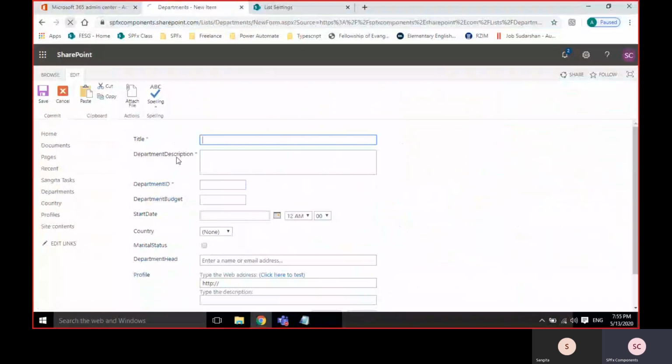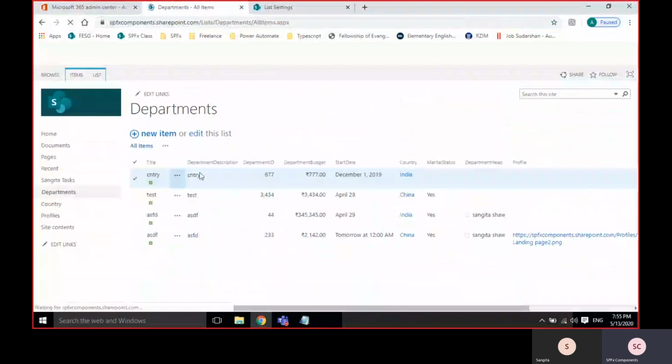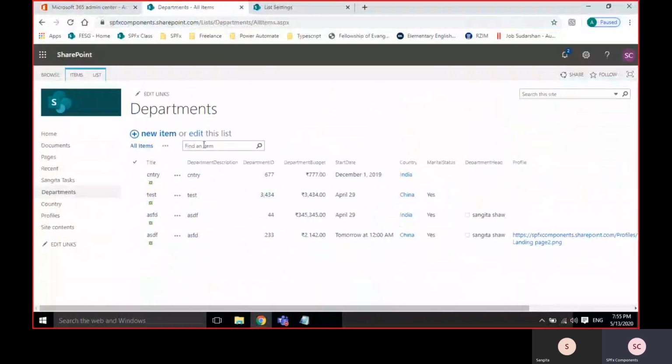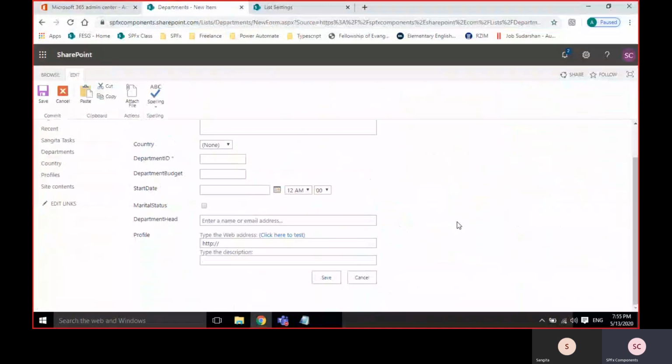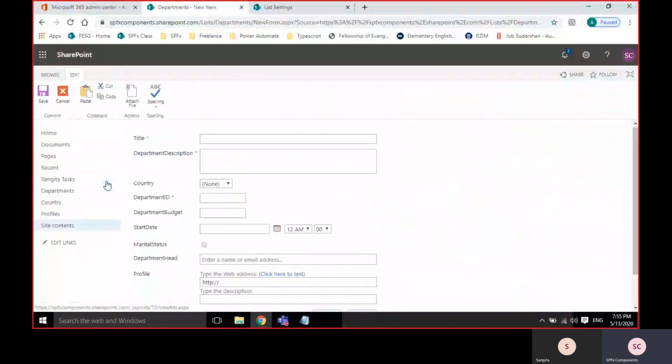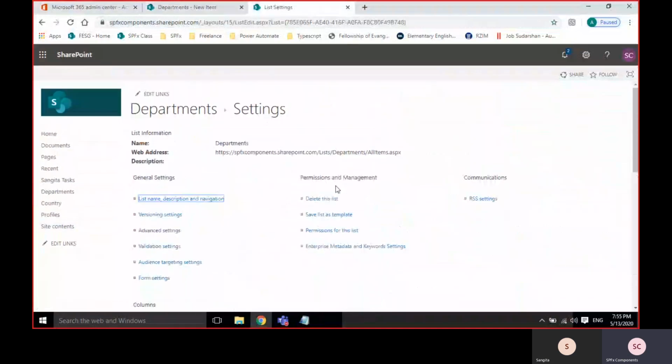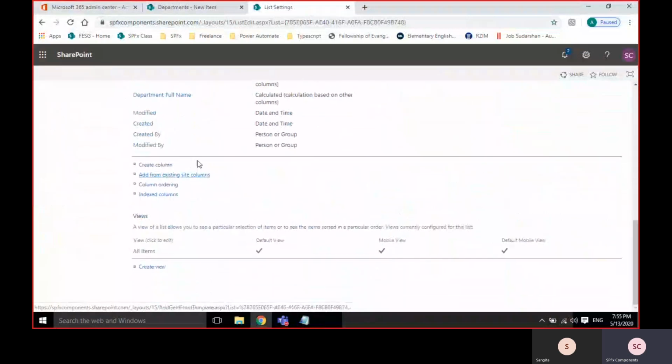See now, click on new item, the country is in the third field. So whenever you want to change the field order, you just go to list settings, click on column ordering, then select your order.